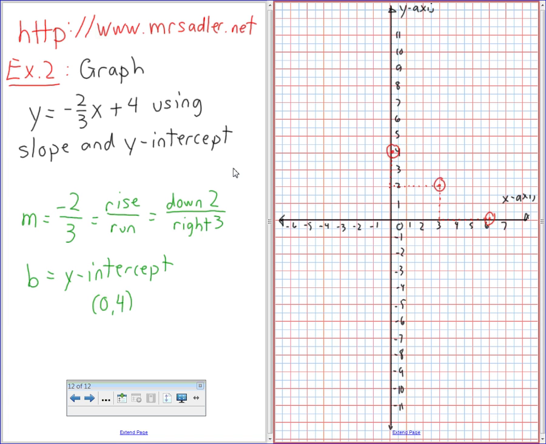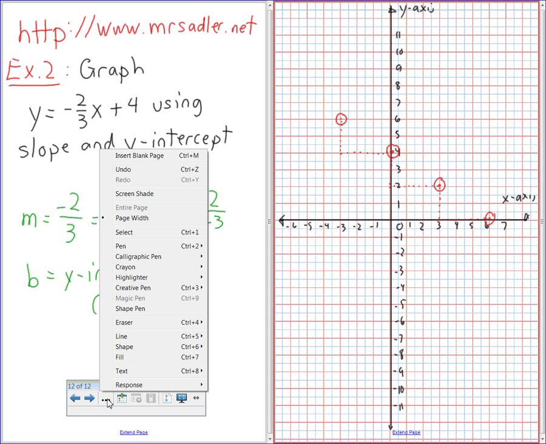Now the question I got asked was, how many of these points do we actually need to do? The correct answer is 2. Because the way a straight line works, it should continue from left again and again and again, right? So if I do this point, or this point, or those, they're all the same line. To finish off here,